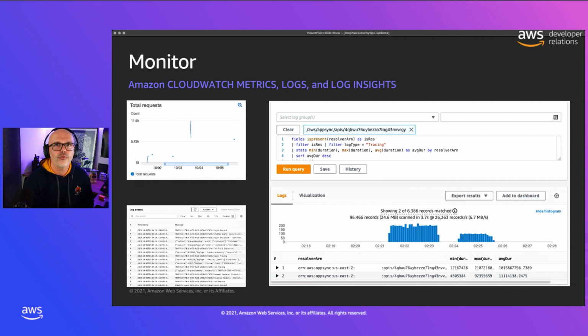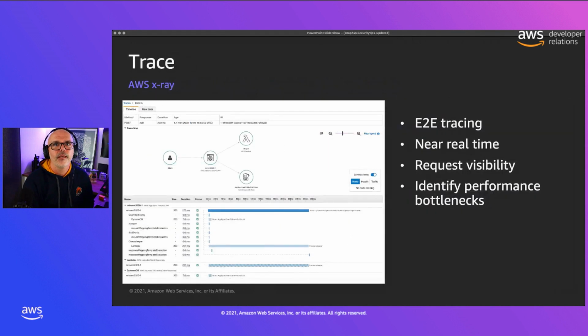Now, once you've created those metrics, you can also set up alarms against them. So you can be notified if some of your field resolvers are taking more than expected to resolve requests, as an example. And then based on those alarms, you may choose to take different action. Maybe you want to introduce something like a cache, or maybe there's some fine tuning that you need to perform for your resolvers to improve their performance. That's monitoring and how you can use it to improve your API.